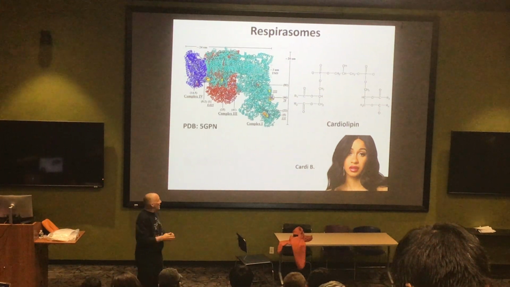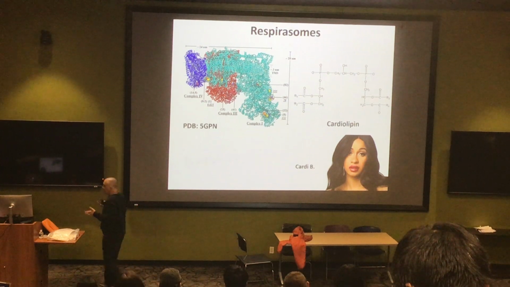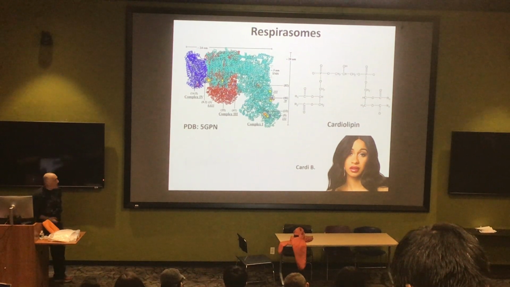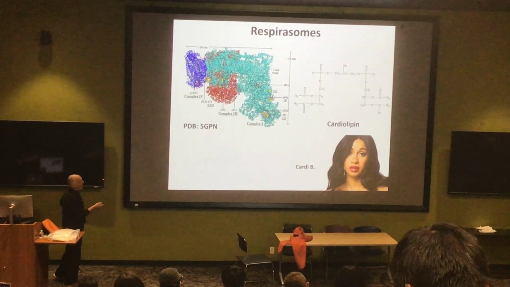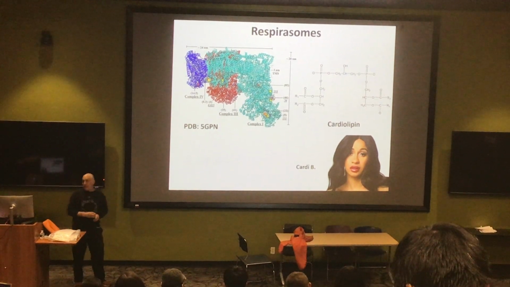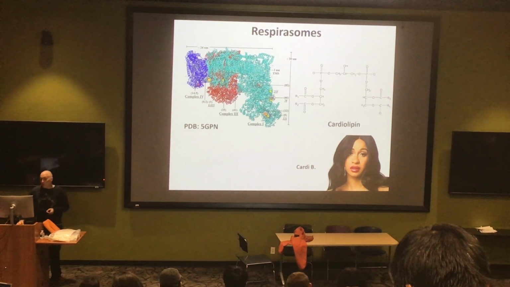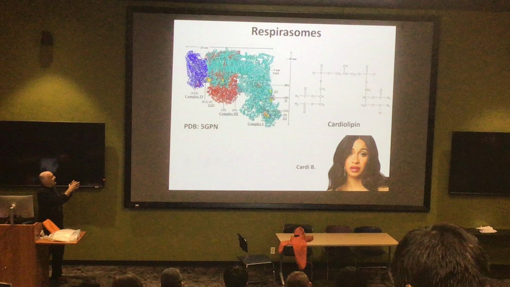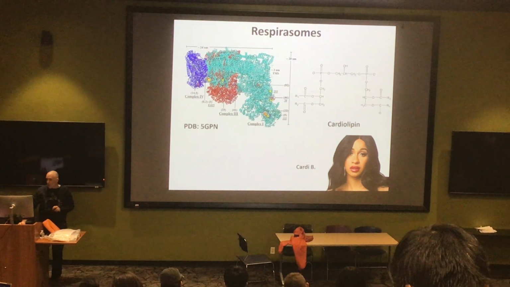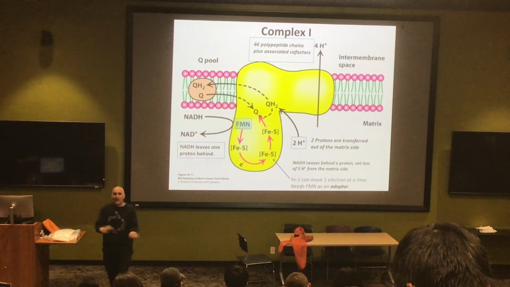Not complex 2. Complex 2 is in the same membrane, so it's not a surprise that it's found together, kind of floating around there, but it's not directly associated with complex 1, 3, and 4. And if you take the cardiolipin out of the membrane, which you can do, this still works, but it becomes very, very inefficient. You produce much, much less energy, much less ATP in the absence of cardiolipin. So it's not that these things coincidentally happen to be found together. It only works efficiently if they're found in these structures called respirasomes. Anyway, enough said. Let's take a look at these complexes.